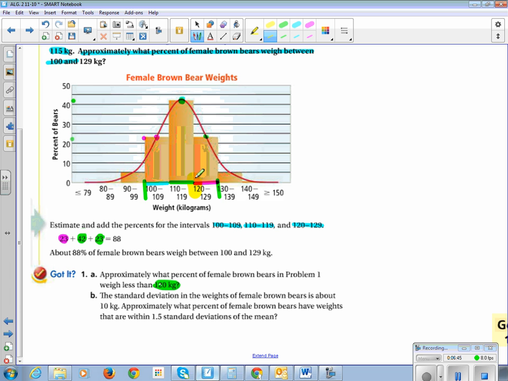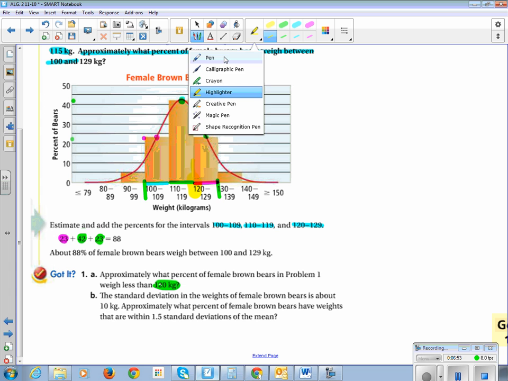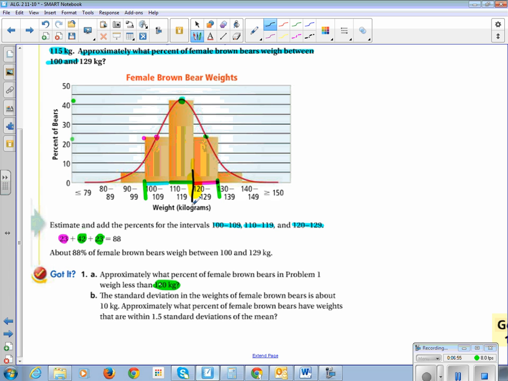And we want approximately what percent of female brown bears weigh less than 120. So we're going to estimate this data between 90 and 99. We're going to estimate this data and then this data. So from 110 to 119,